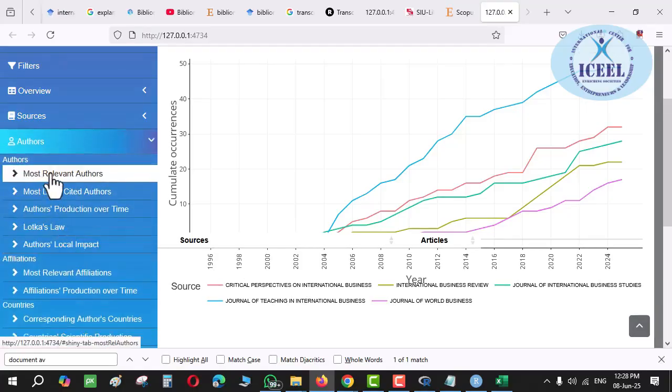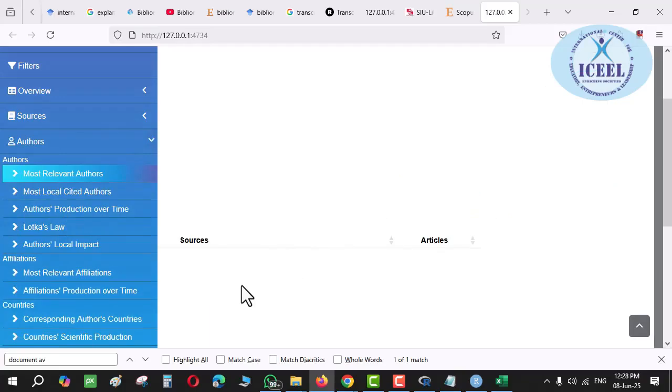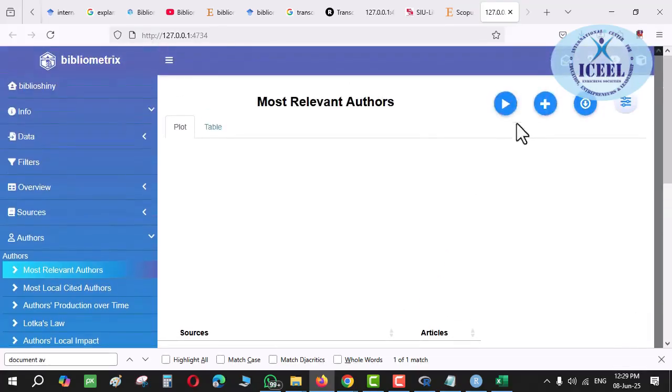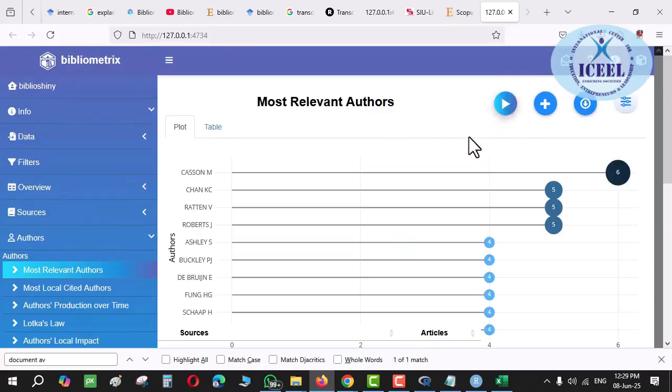Now the authors, guys, most relevant authors. Most relevant authors means what? That who is the contributing, who are the stalwarts? Maximum number contribution has been given by that which particular person. जब आप thesis भी लिखोगे, when you're going to write your paper, guys, without the stalwarts, if you're going to be there, probably it might be rejected. So you have to be careful in identification of the stalwarts into your domain, that who is the most contributing author into your area. It helps very much into passing your thesis or maybe your paper also.